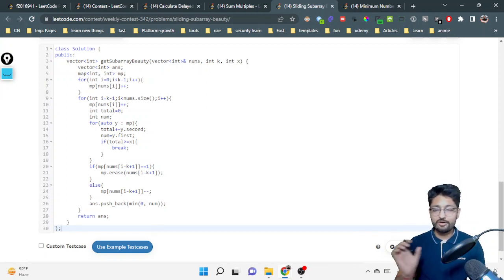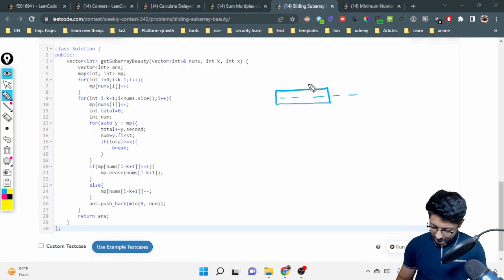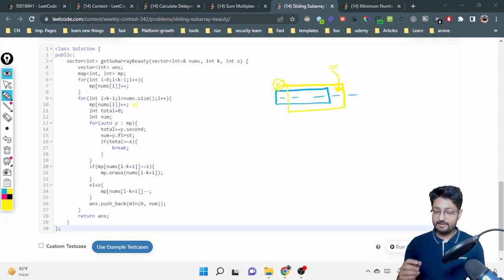So I have shifted this particular window from left to right. Let's say I have these numbers and I have taken the first 3 numbers. Now I have to shift this from here to, let's say, here. So I have to add this number inside the map, as well as delete this number from the map. If I want to add the rightmost number, I will add it here. But if I want to remove it from the map, I have to check if this key value pair